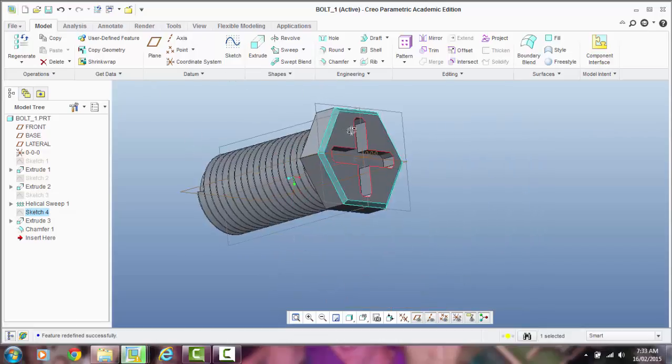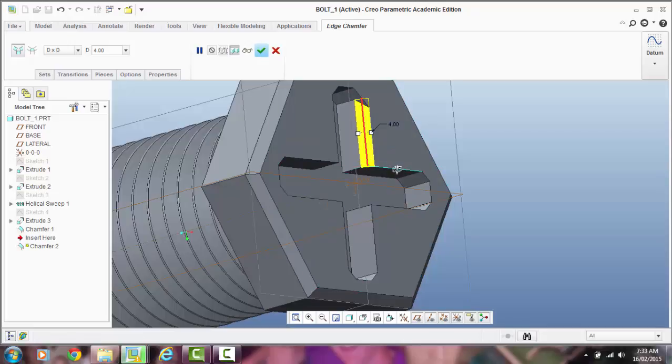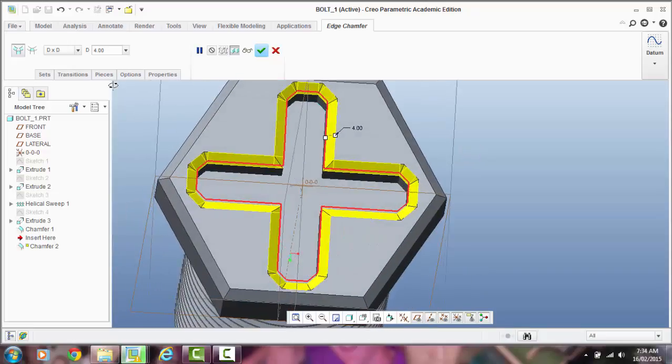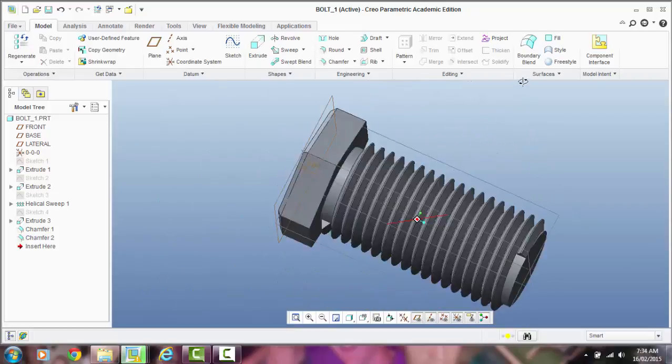Okay, and we might put a chamfer on the inside here of that profile. So chamfer, now you'll see that profile. I don't want it that big, so I might change that to 2. And that's a little bit more appropriate. Accept it. Okay, and that is your